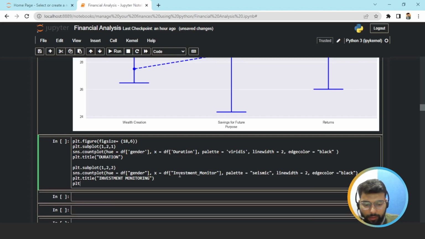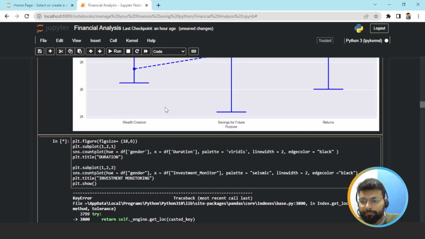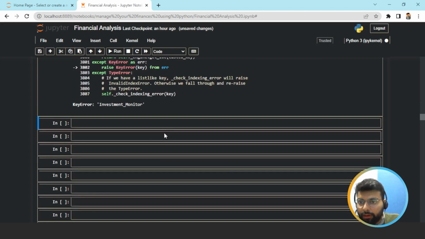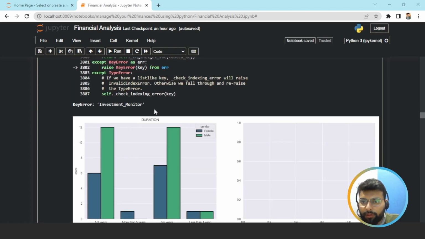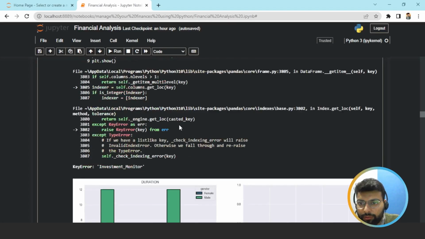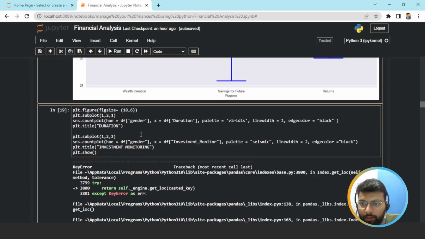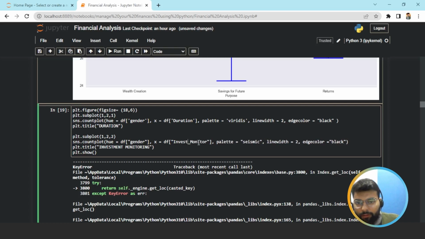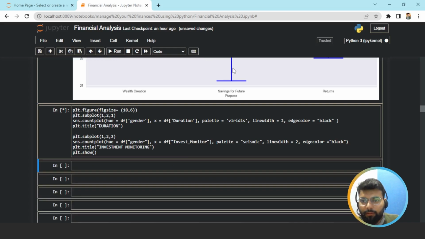And after that we'll write the command plt.show and run the command, and we got an error here, that is investment monitor. So we'll see invest underscore monitor, it's not investment monitor. So title is okay, yeah, invest underscore monitor. Run it,